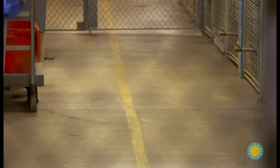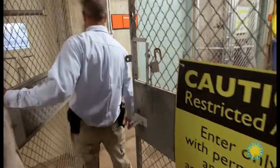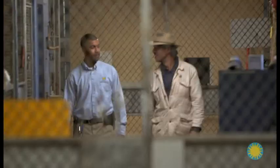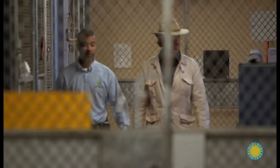The yellow line painted on the ground is there for safety reasons. My crew and I are given very clear instructions to stay on the left side of it, away from the cages. Stay on this side of the line. Only caretakers like Craig are allowed to be on the right side, closer to the lions. You have to always make sure that we're...